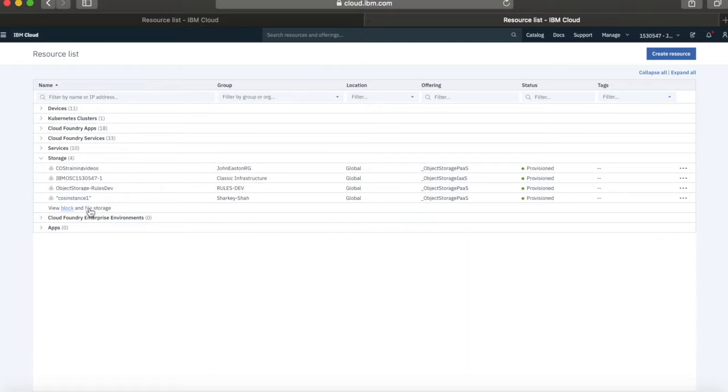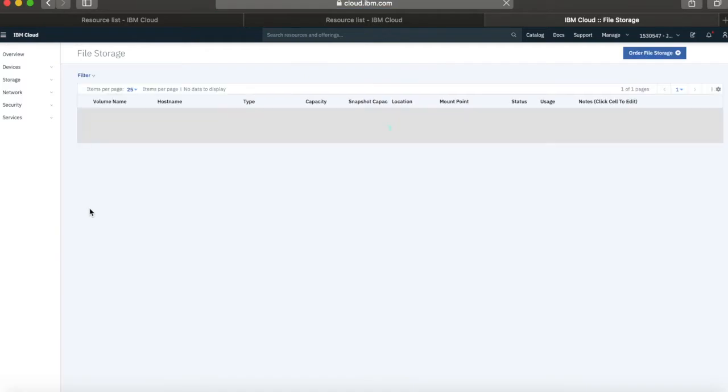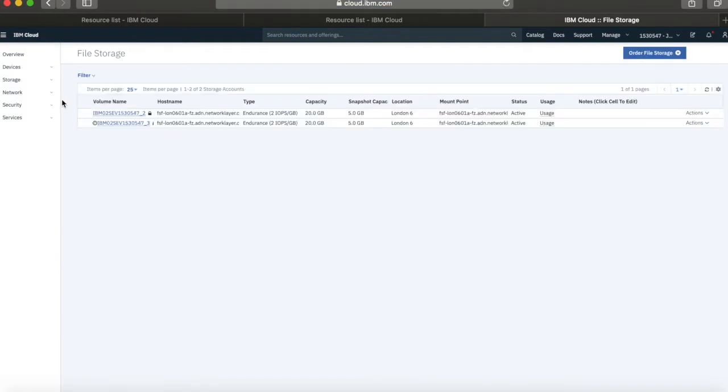So let's just go and click this here, because we're going to go and look at our file storage. And what we see here is a list of the file storage. So this is the storage that I've actually provisioned. This is something I provisioned earlier that I've now decided to get rid of. I was just testing with that. So if we click into the file storage that I've just provisioned,